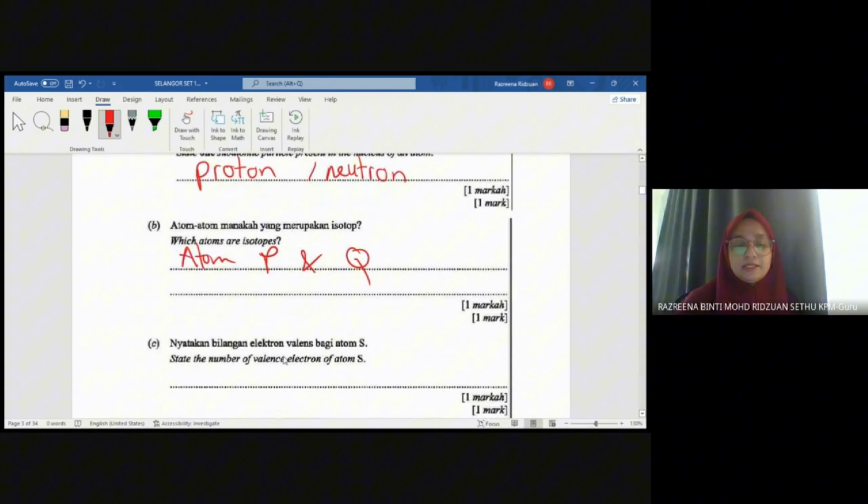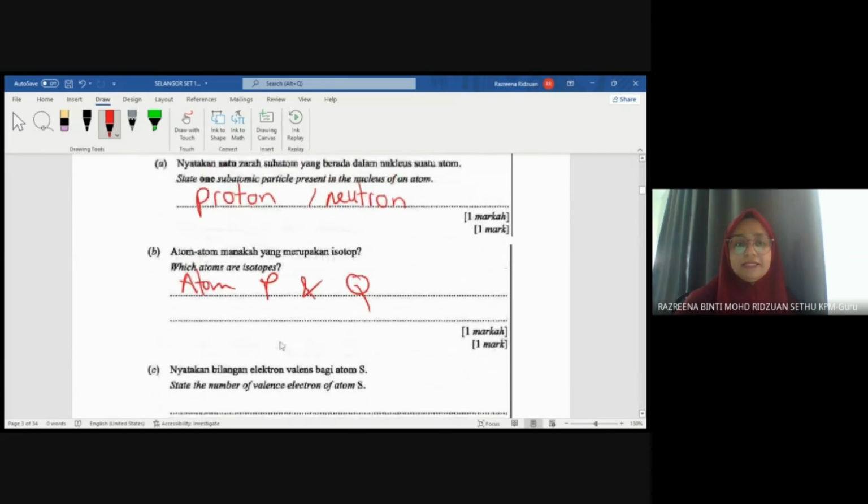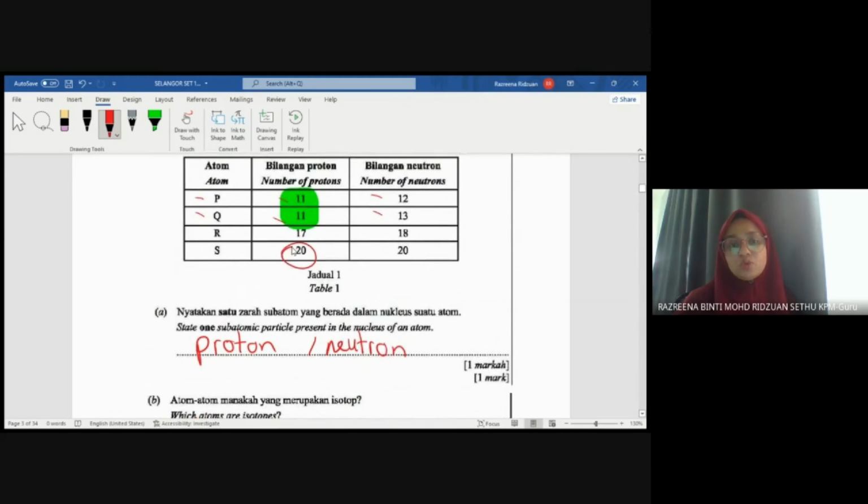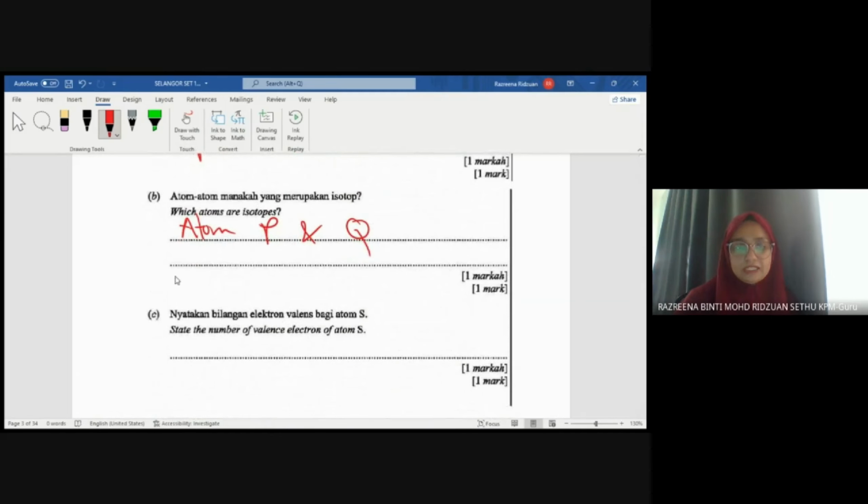C, state the number of valence electrons of atom S. Look at S. S has 20 protons. So if it has protons equivalent to